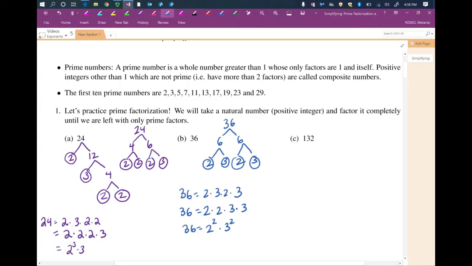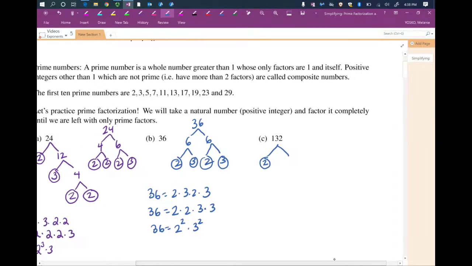Okay, let's look at factors of 132. So I don't know factors of 132 off the top of my head. So I know it ends in an even number, so I know 2 has to be a factor. And it's prime, okay? And then you go over here, you can type this in a calculator if you want to, but 132